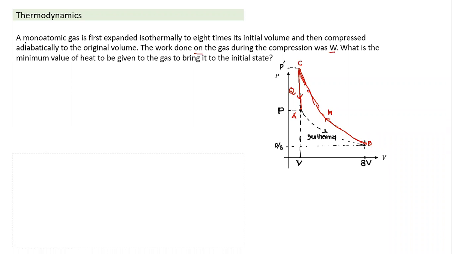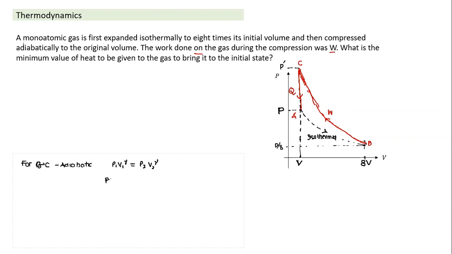And which kind of gas? Monatomic gas. So I can calculate the final pressure by P1 V1 raised to power gamma will be equal to P2 V2 raised to power gamma. So let me write this expression. For the C to B to C process, adiabatic. So for adiabatic compression, I will use the condition P1 V1 raised to power gamma will be equal to P2 V2 raised to power gamma.